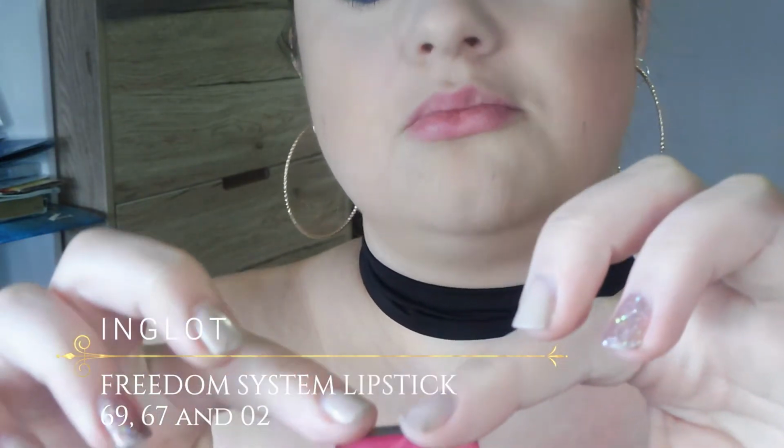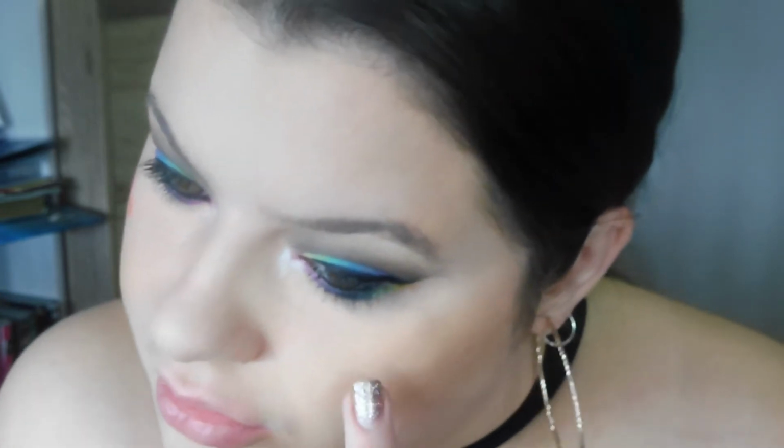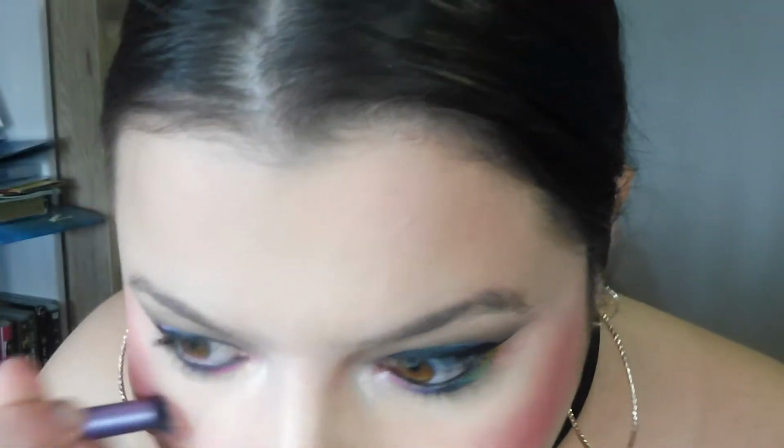For a different technique than I usually do, I'm just going to use lipsticks as my blush shade, because it's more of a natural look. So I'm going to take, this is $69, $67, and 2. Then I'm going to grab a brush, a clean one of course, and blend really well. And then of course, because that looks ridiculous,